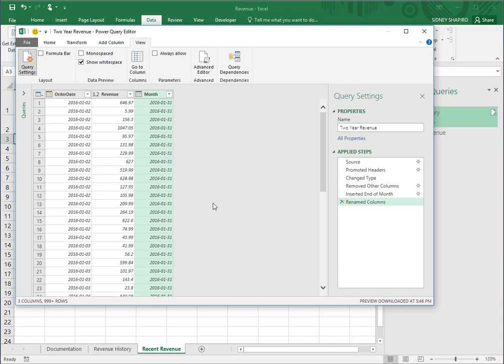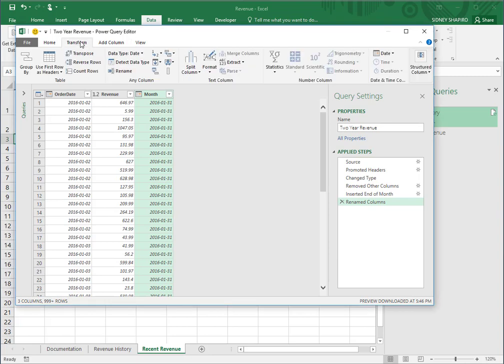Okay, so now we're going to go to the Transform tab up here, and we're going to group these dates. We're going to group all of these into these months using the Group By button. You'll notice that we could have a bunch of different days, like for example January 2nd and January 3rd, which are different days, but they happen within the same month, and we're going to collapse them all together. So I'm going to hit Group By,